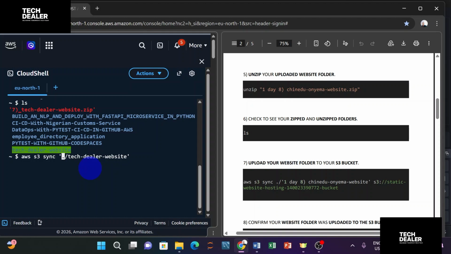I can just enclose it like this, or just come here also and enclose it. So any one you choose will actually work just fine, right? Then I will state my S3 bucket name. So I'll say S3 static website hosting,